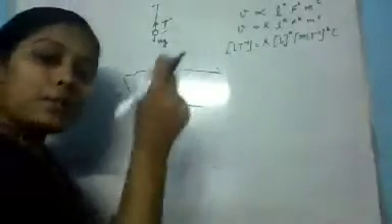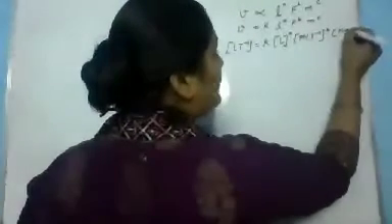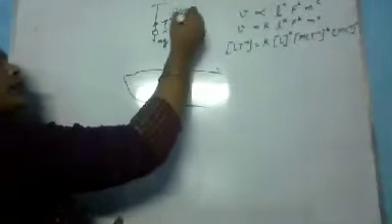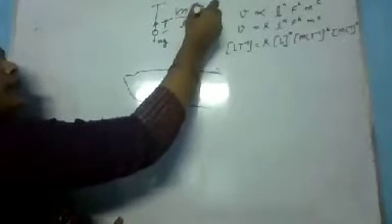And this is not mass only. This is mass per unit length. That means ML minus 1. Is that clear? Mass per unit length. So it will be ML minus 1. Okay. Now,